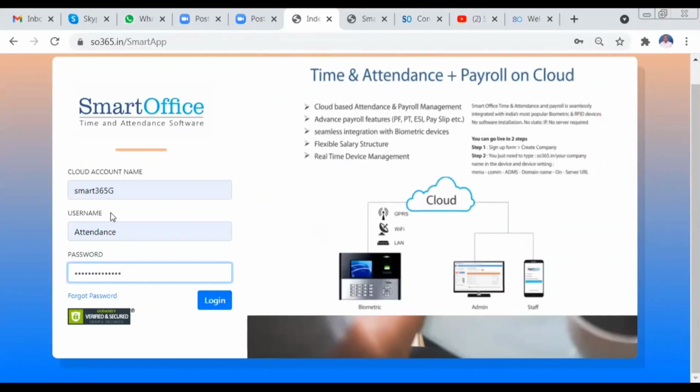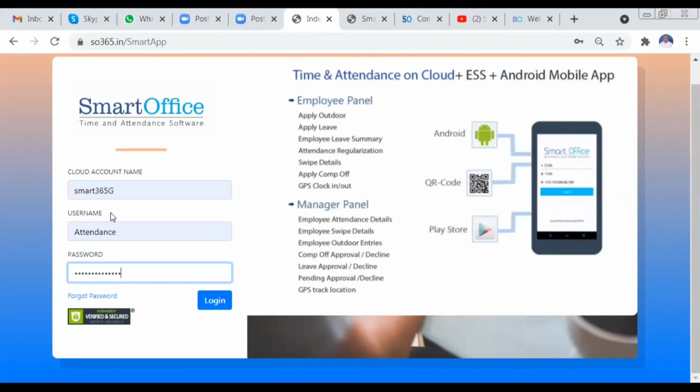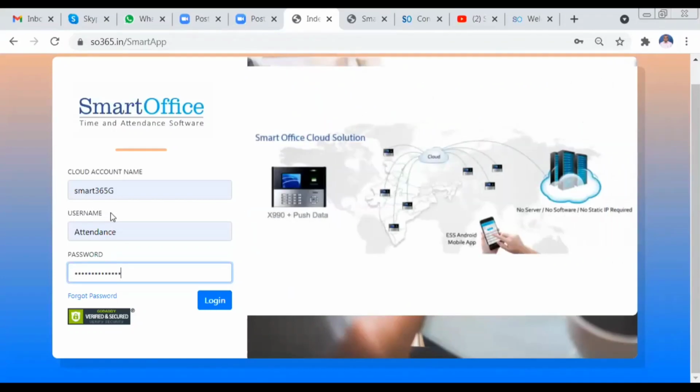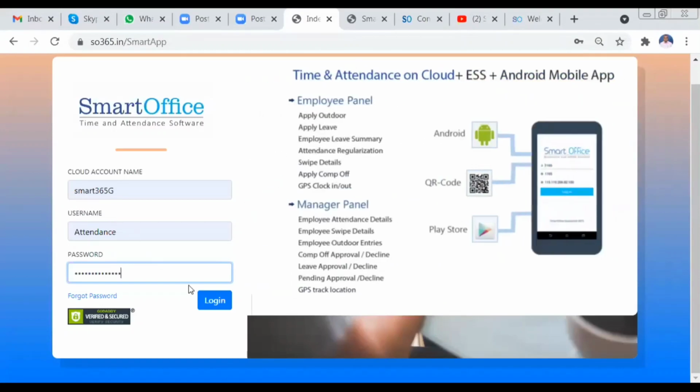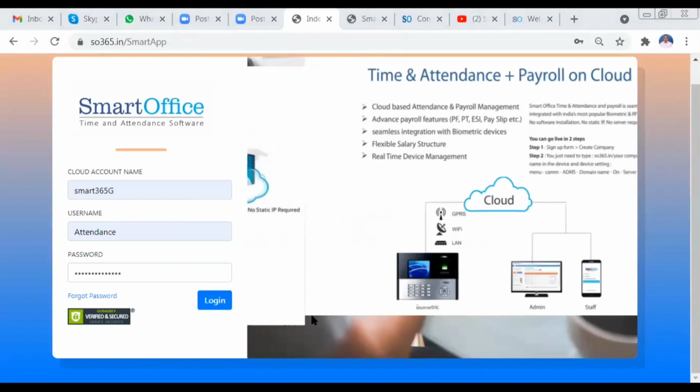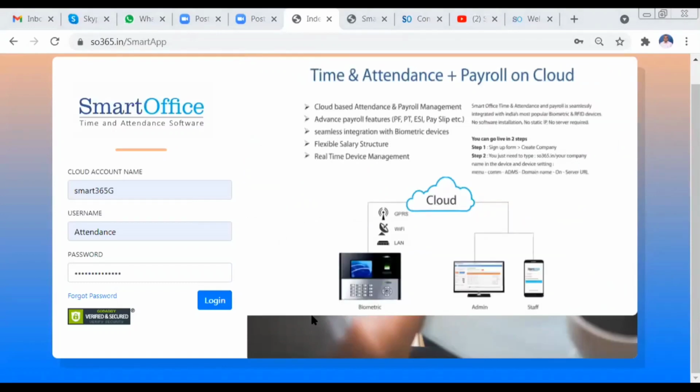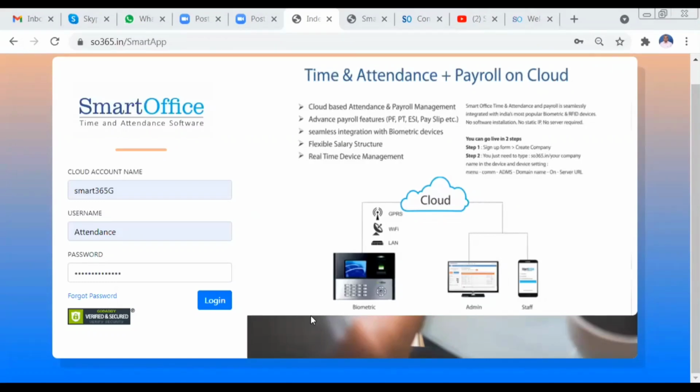The cloud application is operating system independent. Since the application is browser based, you can access the application, and we maintain the server. For this, you need no public or static IP to access the application. So we will be creating a cloud application, and your domain name will be created.